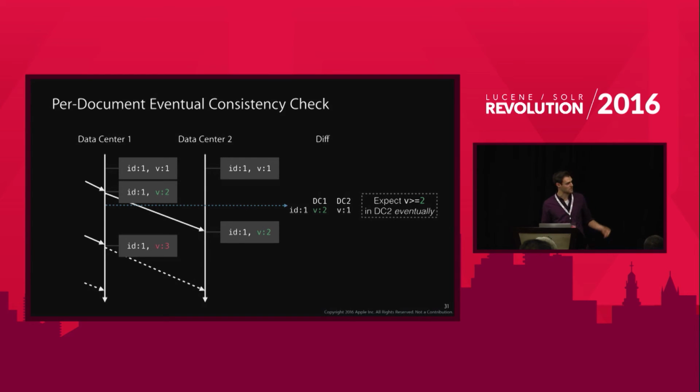So what I can say is, if that update was not lost, then at some point in time later, I expect the version in DC2 to catch up. And so then my logic going forward is, I'm just going to check again in like a minute. And if I see that that diff is resolved, then I know it's OK. And then I'll keep checking. And eventually, if that does not resolve, then I can say there's a problem and move on to repair or alert or whatever. So the idea is when I do my checking again at some point later in time,